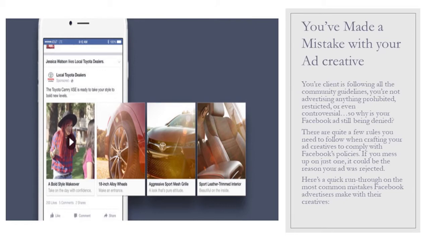So why is your Facebook ad still being denied? There are quite a few rules you need to follow when crafting your ad creatives to comply with Facebook's policies. If you mess up on just one, it could be the reason your ad was rejected. Here's a quick run through on the most common mistakes Facebook advertisers make with their creatives.